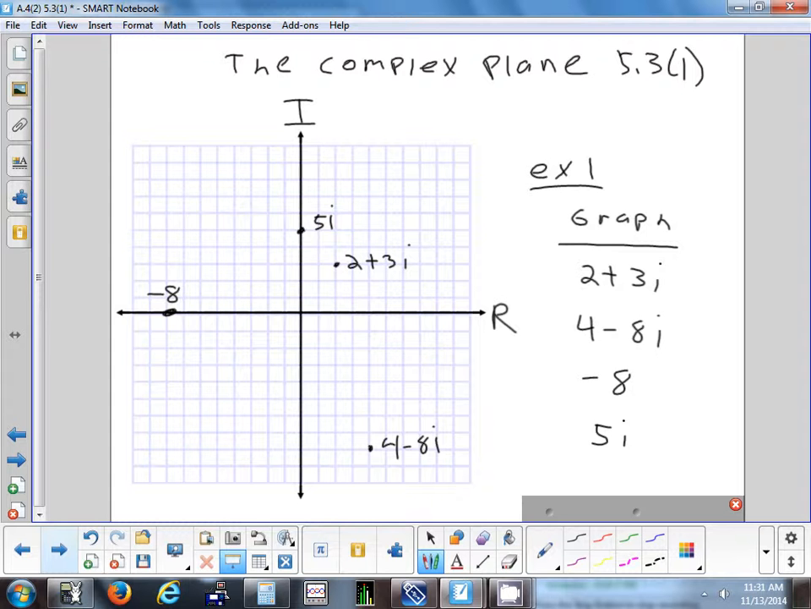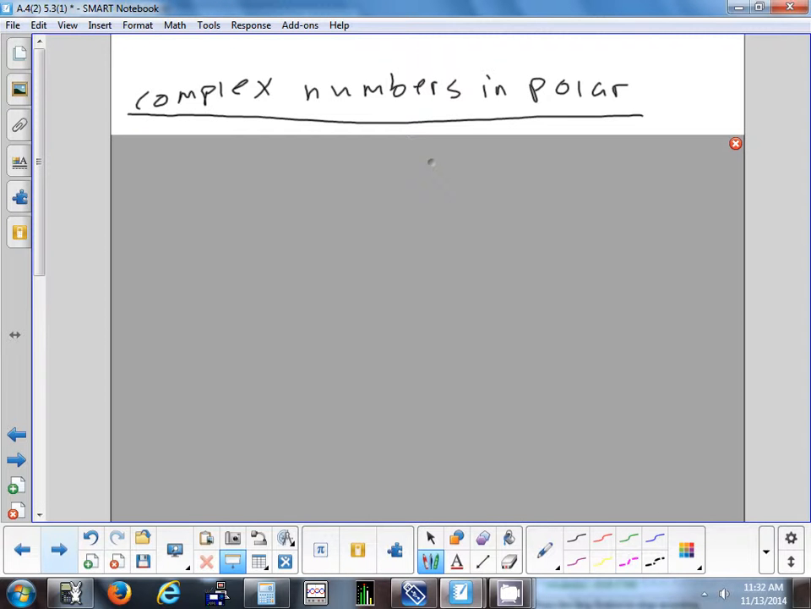Okay. Any questions on that? That's graphing complex numbers in the complex plane. Okay. All right, so